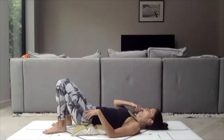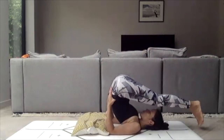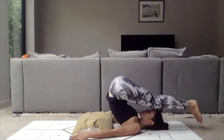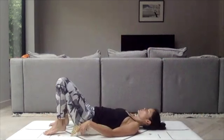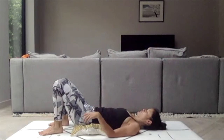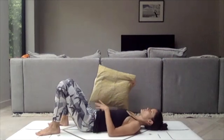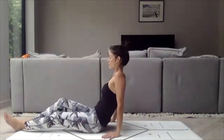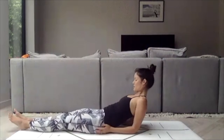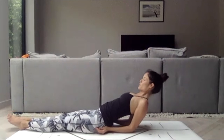to, if you're in a shoulder stand, come into a plow and just stay there for a few breaths, and then gently bring the hips down. If you're in waterfall, you can now bring your legs down and remove the padding from underneath you. Wherever you are, we'll come just into a gentle back bend, just to counteract the shoulder stand, or the waterfall